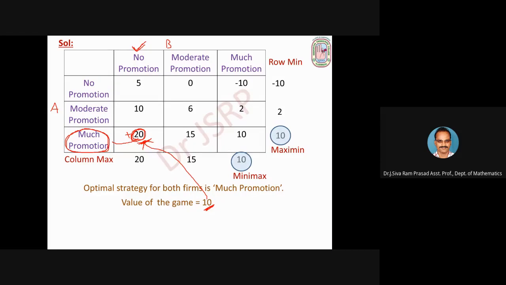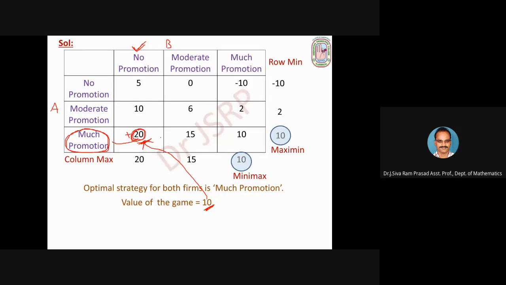It is positive. That means it represents loss for player B. If player B does not follow theory, the loss increases from 10 to 20. At the same time, the gain for player A also increases from 10 to 20. So if player A follows theory and player B does not follow theory, then the gain of player A increases from 10 to 20 in this case.